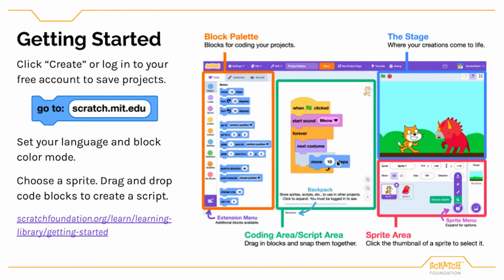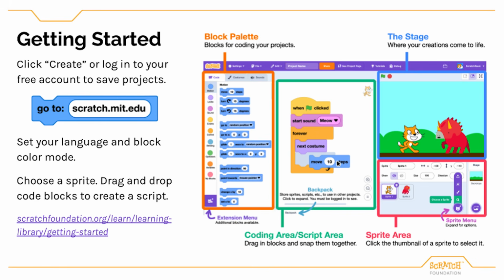The Scratch Project Editor screen is where you'll create projects in Scratch. If you aren't already on this Project Editor screen, click the See Inside button, which is available on all projects. Any character or object you can code is called a sprite. To code projects in Scratch, start by dragging out a block from the block palette to the script area. You can click the block to try it. Then snap another block to it to build your script. If you chose when the green flag is clicked to run the code, click the green flag above the stage.